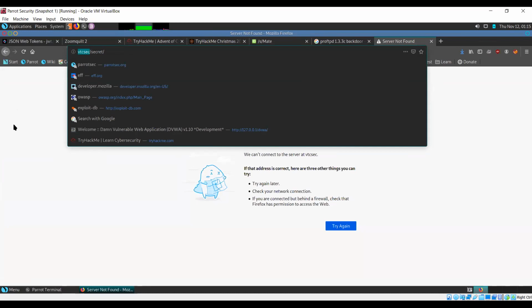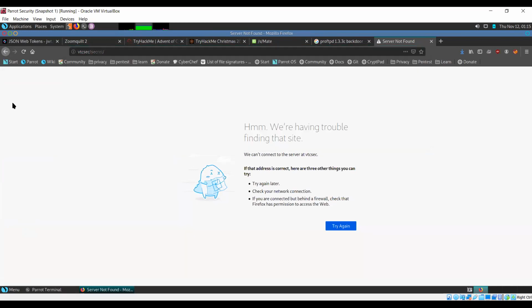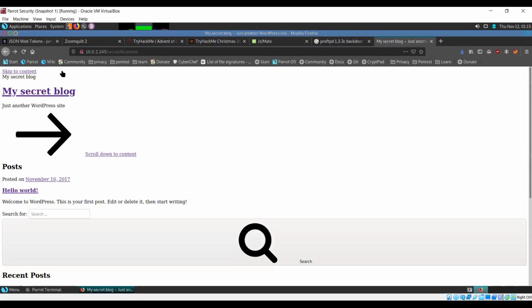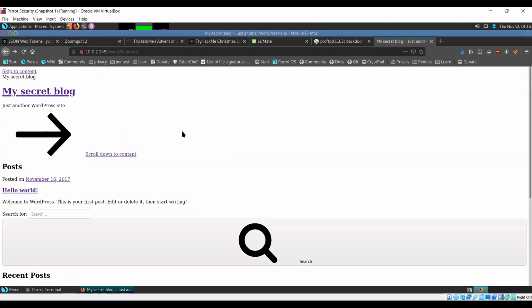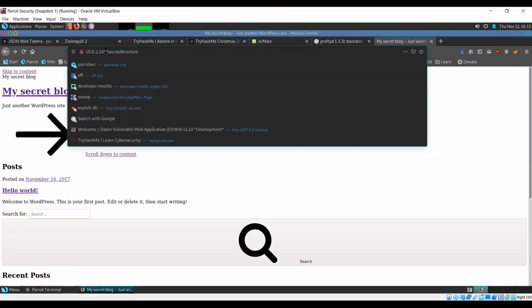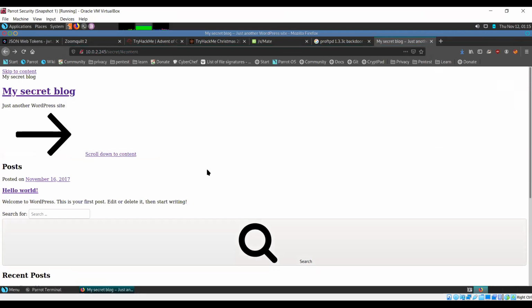It's not pointing to its own IP address, it's trying to connect to vtcsec and the secret directory there. So what this means is that the correct domain that is going to be used for this blog is vtcsec. So if I'm just going to be using this IP address, this domain is not going to work properly.